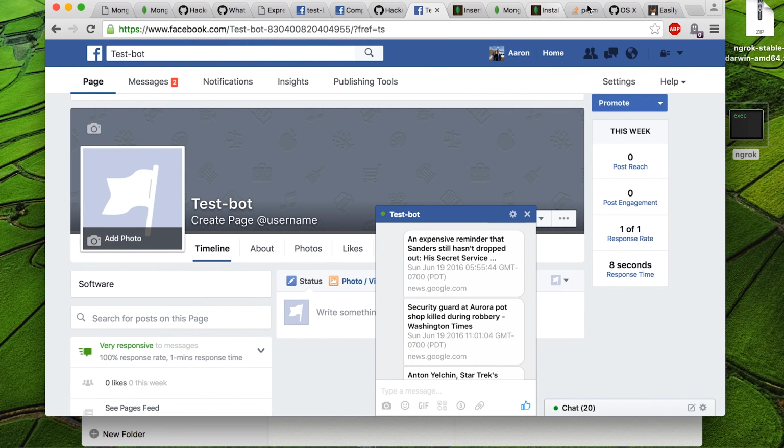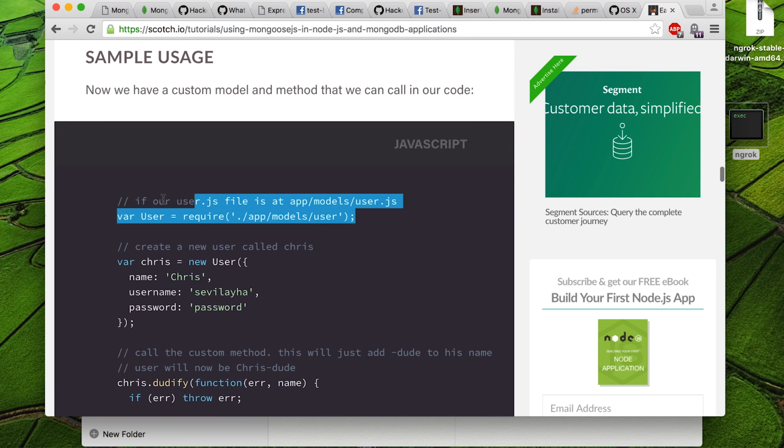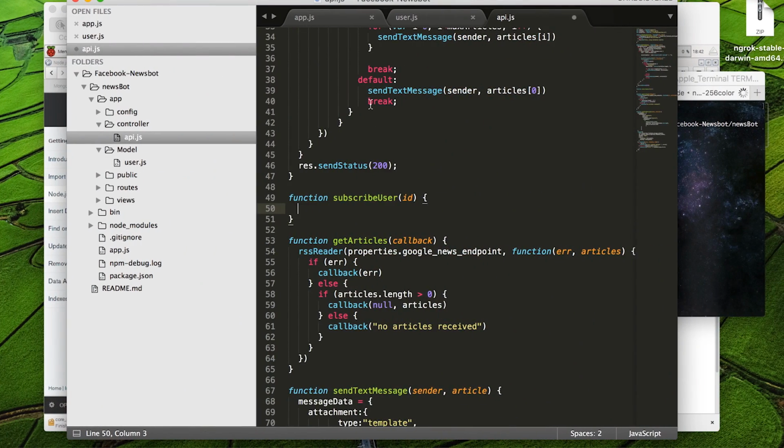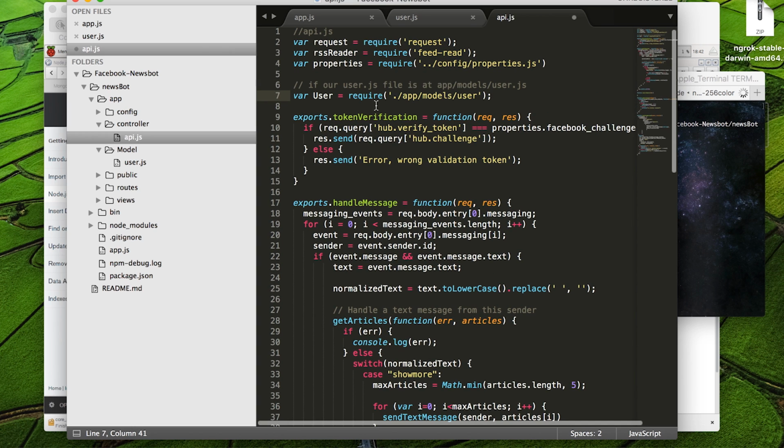So we'll go back to our getting started guide for Mongoose here, and then we'll import our user. So going up to the top of this, let's say our user equals require the user model,